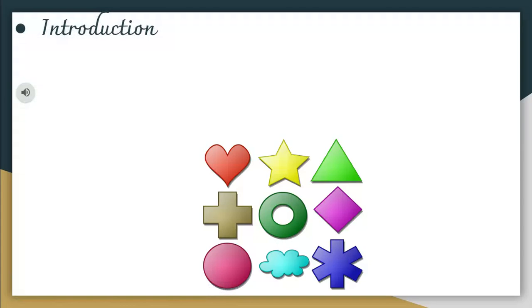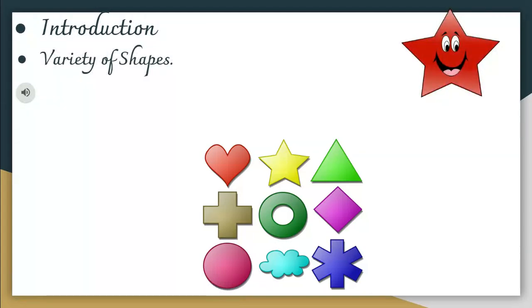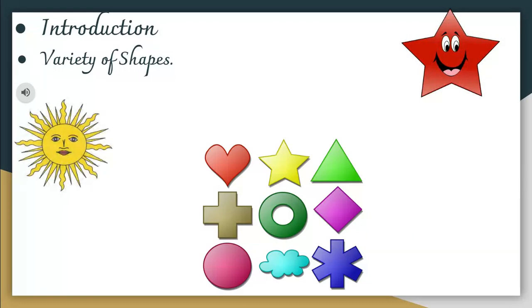Now, when we talk about shapes, you can see a variety of shapes around you, isn't it? In fact, there are so many objects that we see around us, and these objects are of so many different shapes. Now, look at some examples. For example, a star. When you look at the shape of the star, it has five sharp arms which are seen very distinctly. Again, when you compare the shape of a star with that of the sun, do you think they have the same shape? Not really. The sun is more like a sphere, a circular shape.